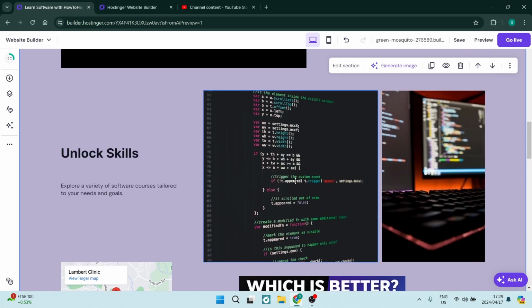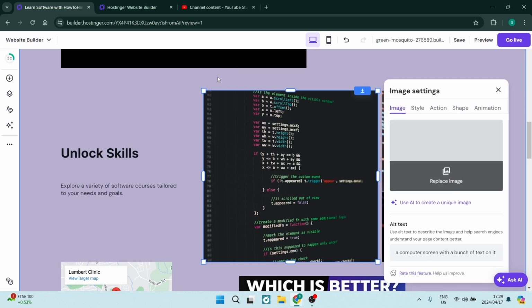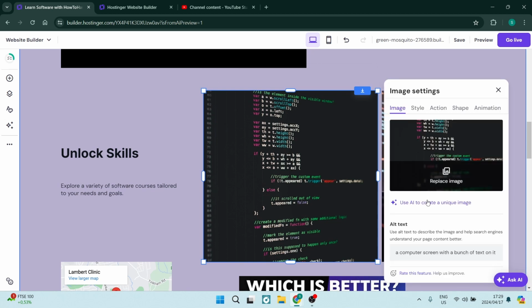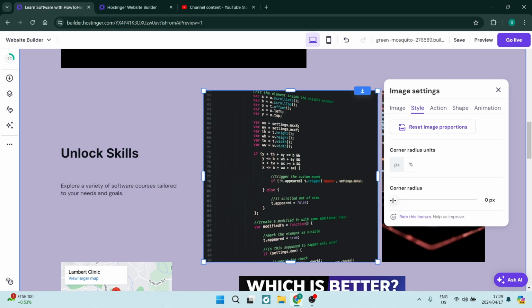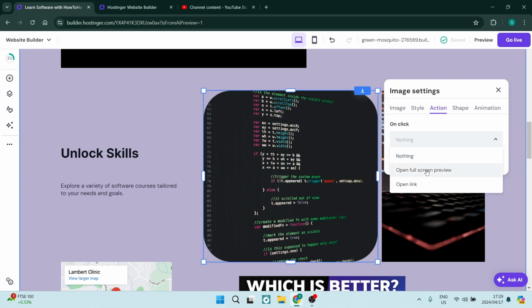Let's have a look at customizing an image. This image is already on our page, and we're going to tap on edit image, and here you can edit the alt text. You can also change its style in terms of its corner radius, its pixels. We can also have an action set onto this image. So on click, you can either have it open up in full screen or